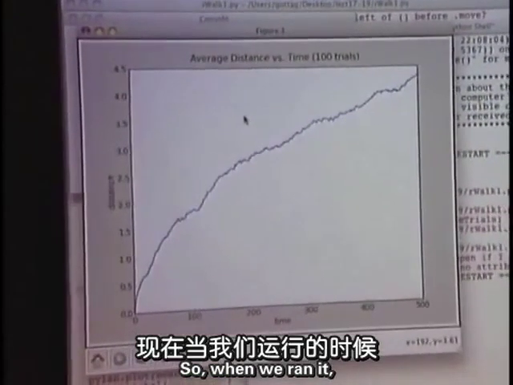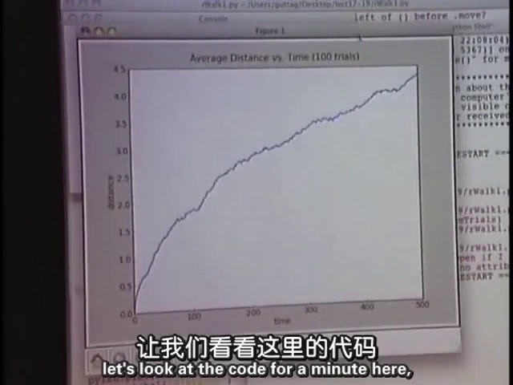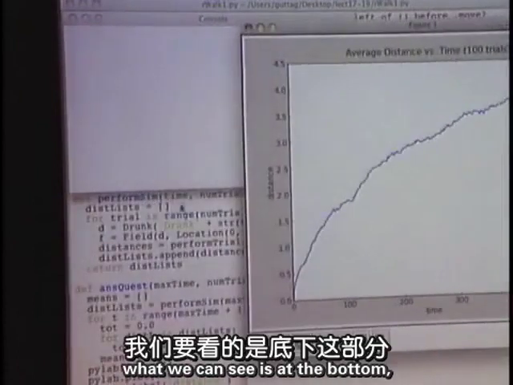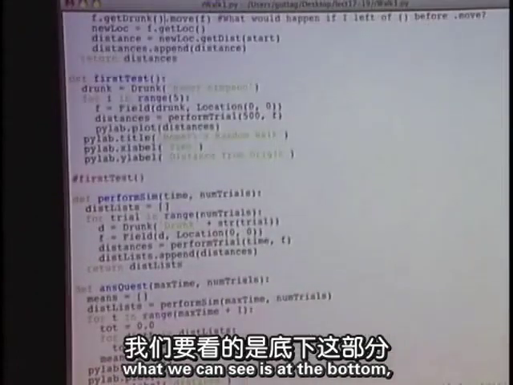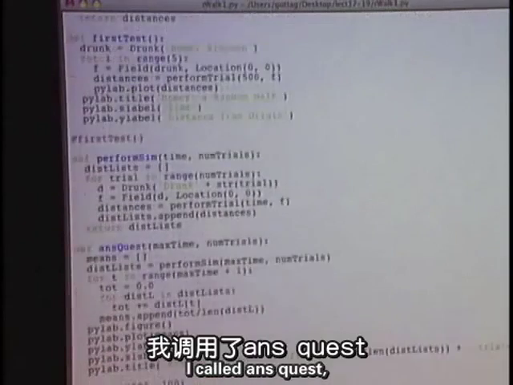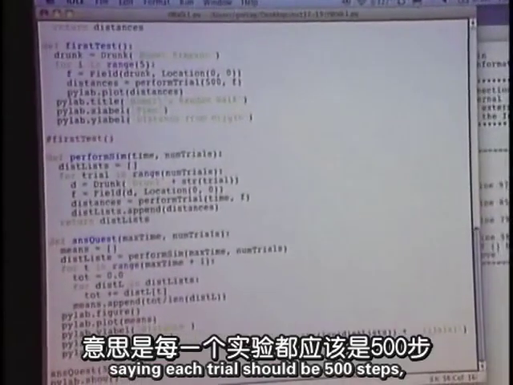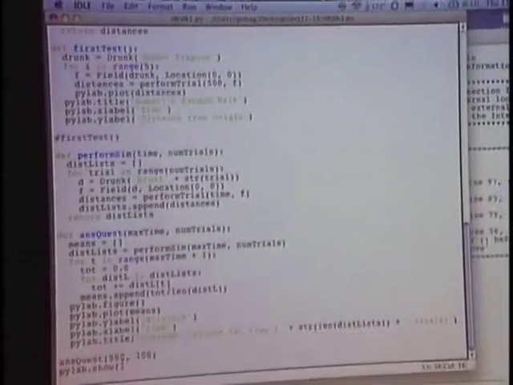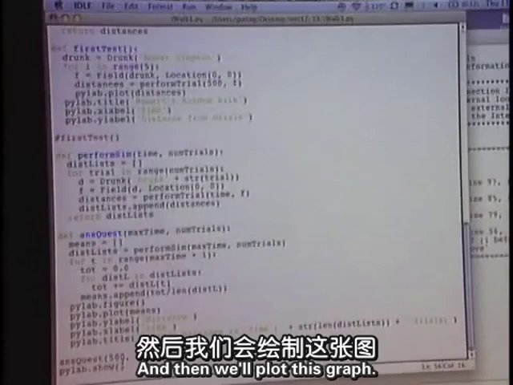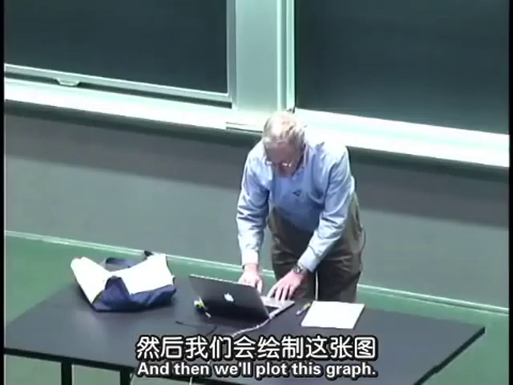So when we ran it, let's look at the code for a minute here. What we can see is at the bottom, I called ansQuest saying each trial should be 500 steps and run 100 trials. And then we'll plot this graph.